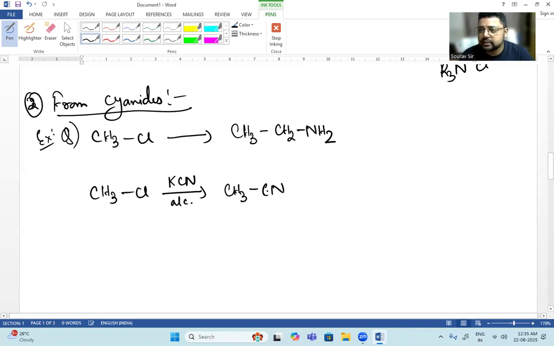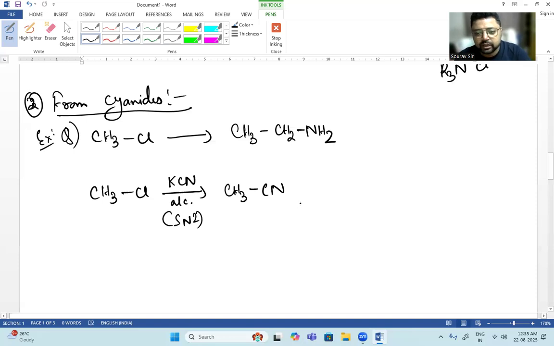We will get this CN. Okay, alcoholic KCN, we will get this CN. Understood? Yes. Okay. This is a substitution reaction and this is an SN2 reaction because it is a 1 degree alkyl halide and it